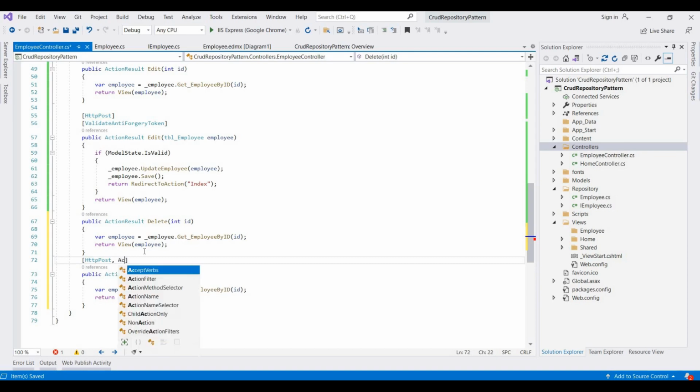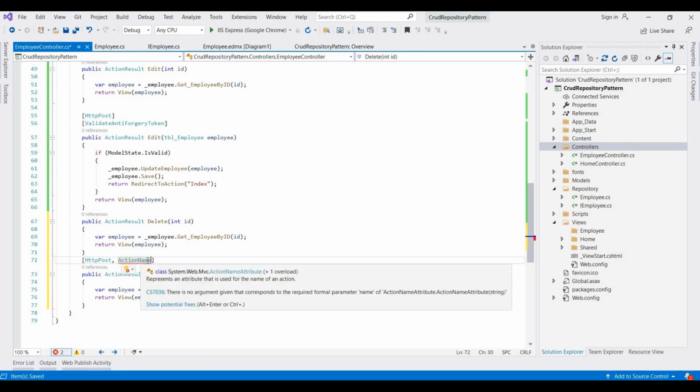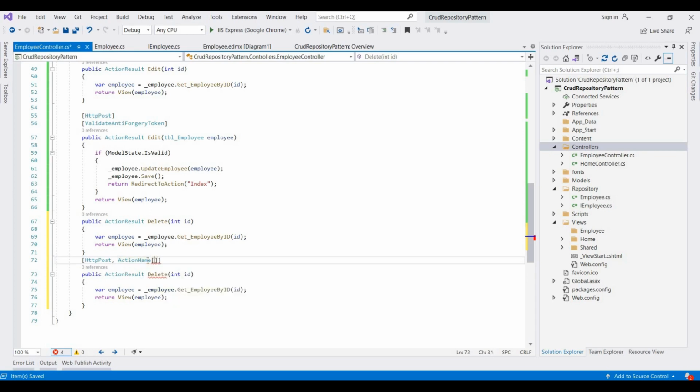So the action name, change it, action name, and this action name is delete. Here I changed it to delete confirm. So this view is for showing the details, like whether you want to delete this record. So after pressing the delete button, this method will be called,